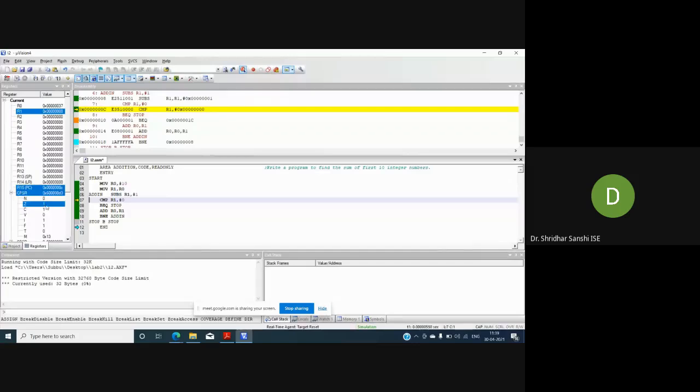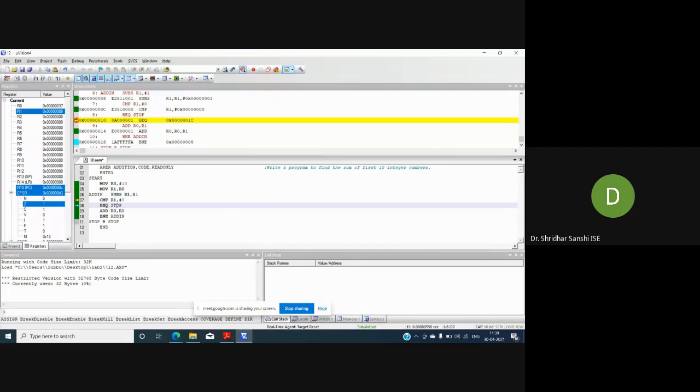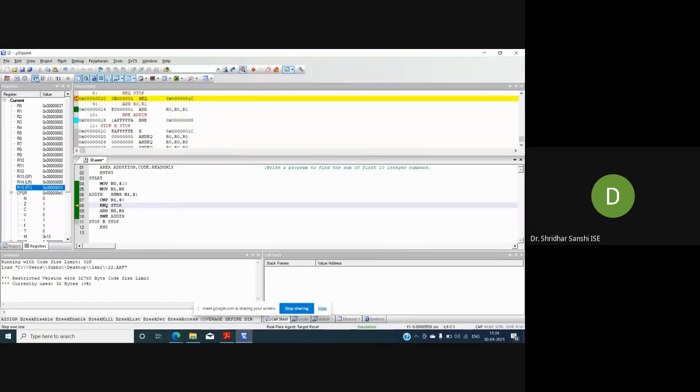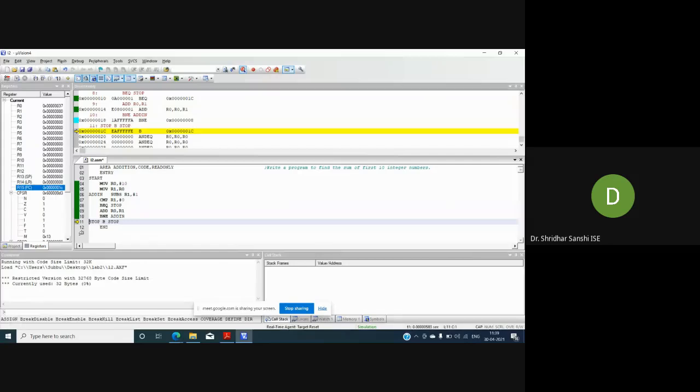Okay. So the value of Z becomes 1. So it means that this particular instruction will be executed. So I will go to this particular label. So it will come here. It will not add. So you can see here. Yeah. So it came to the stop label. So we have stopped. So it will be looping here only.